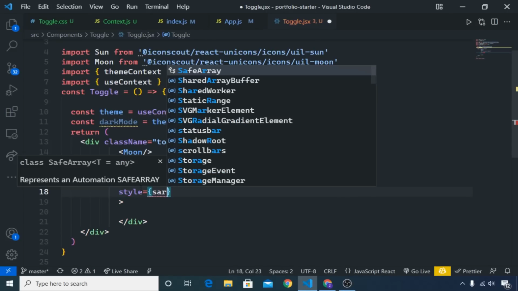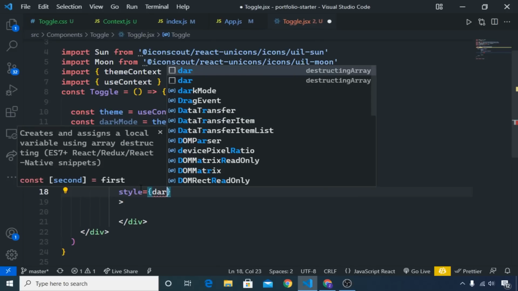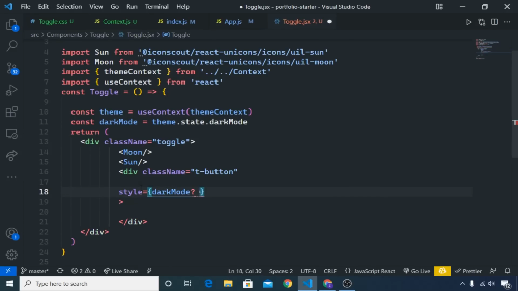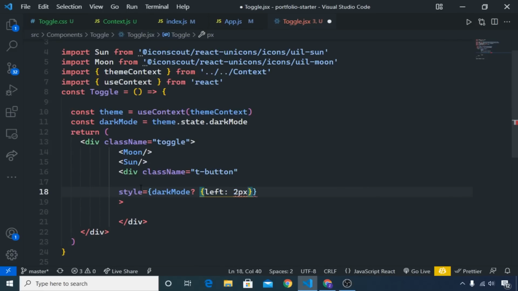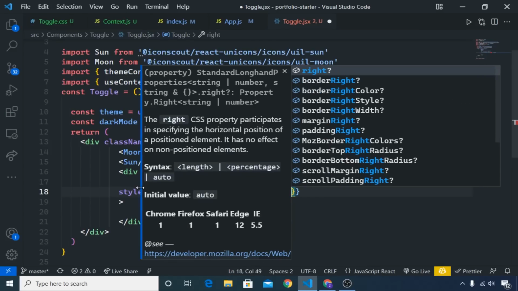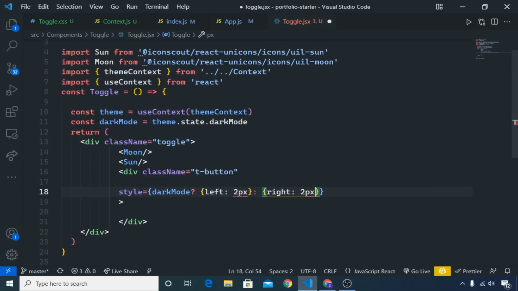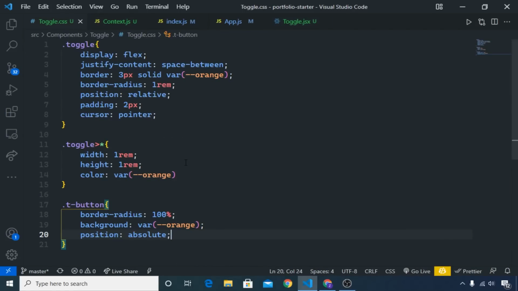Here I will say if the dark mode is enabled, then its left value should be 2 pixels, and if it is not, then it is 2 pixels to the right, and these pixels should be inside quotes. And if we have a look at toggle.css, then